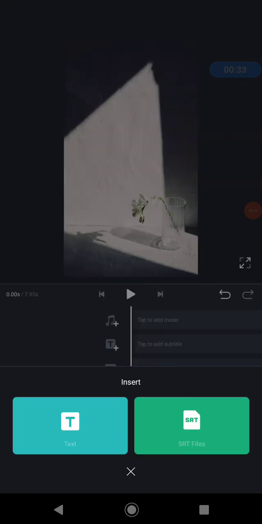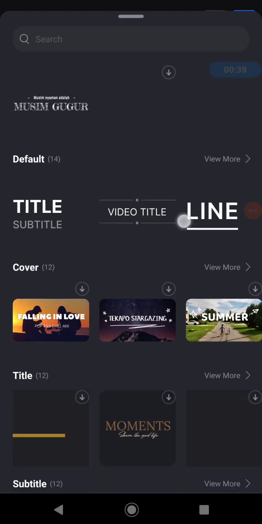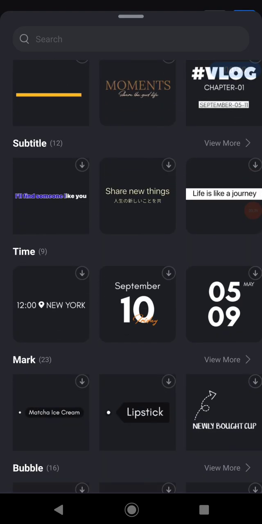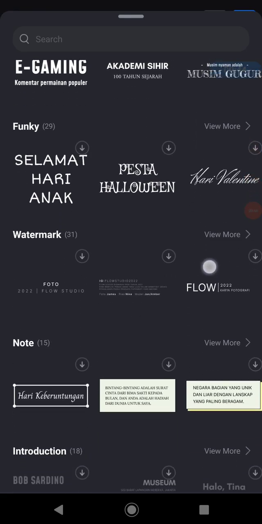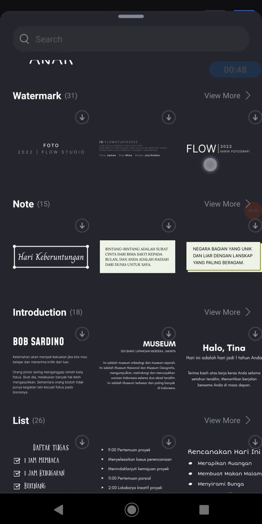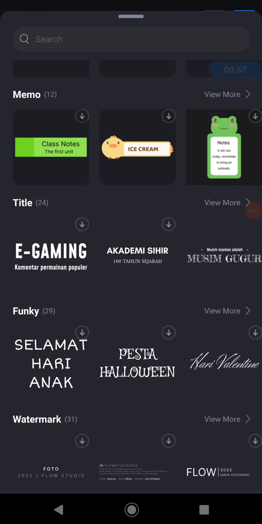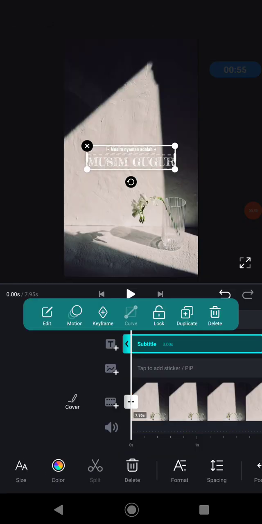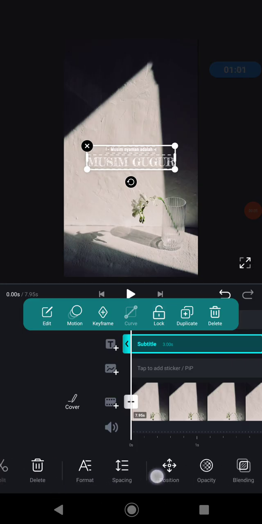click it, and then click text, and after that you can scroll down because there's a plenty of choice from VN to add a text. There's plenty of choice of text. For example, I would like to use this text, and after that, if you want to edit the text, you can swipe left the toolbar down here,